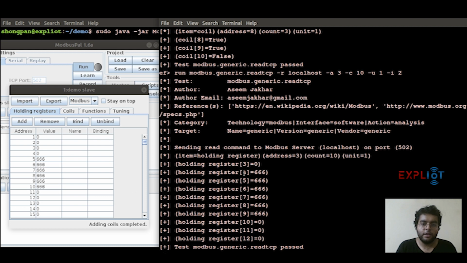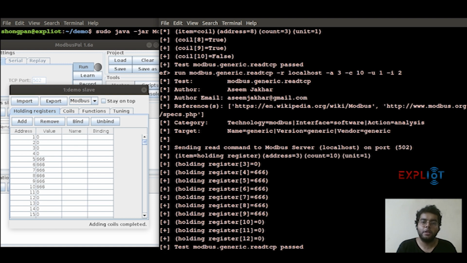As you can see, last time when we were writing on the holding register, we started from 4 till 9 we wrote, and again because of the difference between the 0 base address plugin and the 1 base address Modbus PAL, it is showing only the 10 here. But you can see from here while we are reading, there is no value on address space 3, and 666 till the next 6 spaces onwards, it is 666. All right, and again there is no value on 10, 11 or 12.